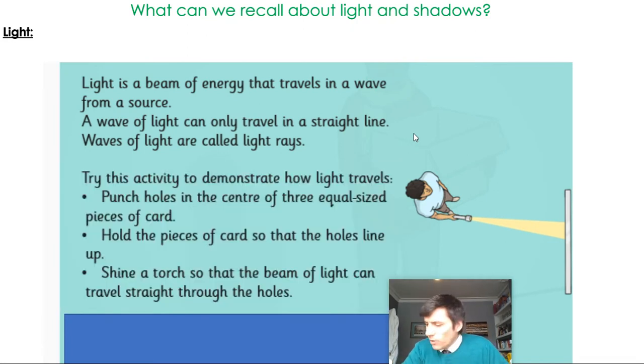Okay. Now, what I'd like you to try and do, if you can, is see if you can get three pieces of card. So if you get one piece of card, what you can do is try and rip it, or if you've got scissors, that'd be even better. My children have hidden my scissors, so I'll show you how to rip it. So if you can rip it, that'd be great. And when you've got your three pieces of cards,